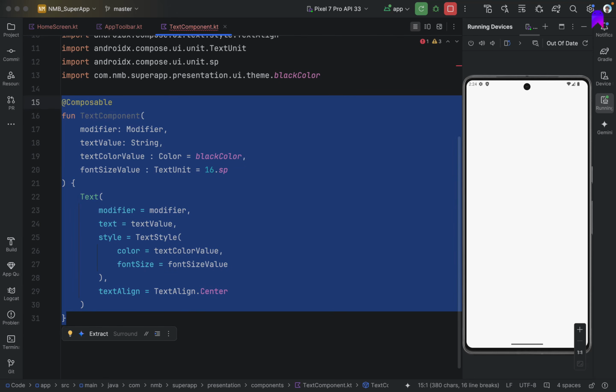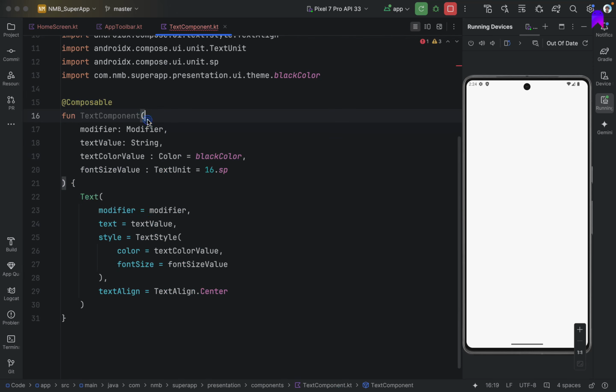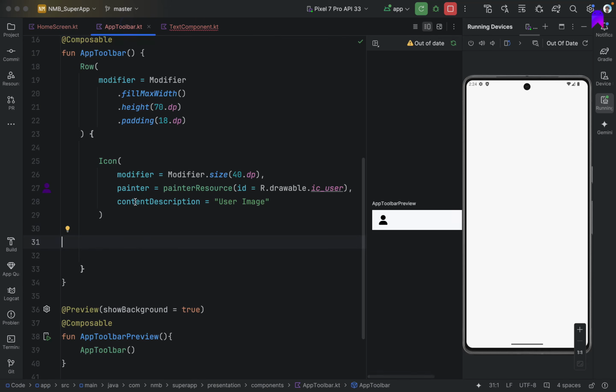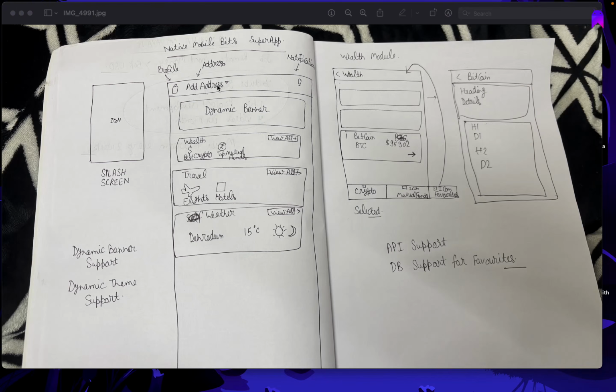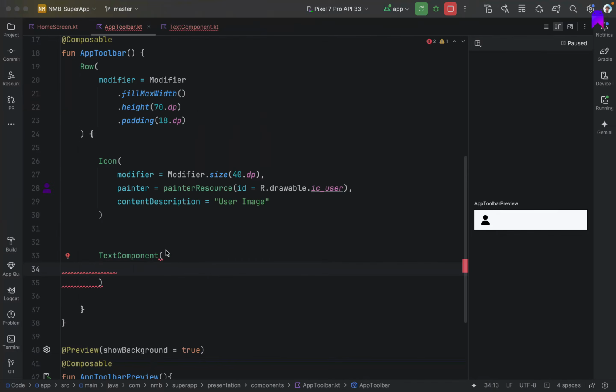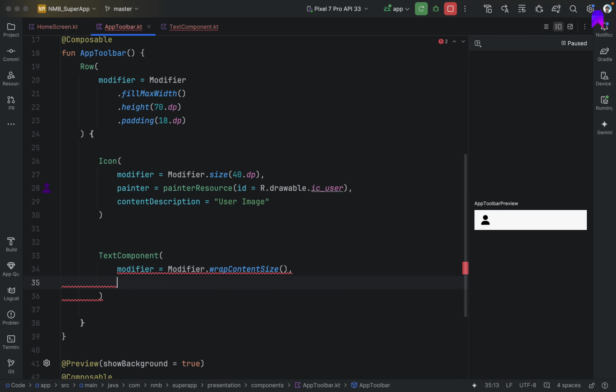We can utilize it anywhere inside our project, and later on we will also keep on enhancing this as we progress. So for now we can take this and come inside our app toolbar, and here we can add one text component. If we look at the screen, we need to pass add address. So we can come here inside our modifier. First of all, we can pass modifier dot wrap content size. Okay, and for text value we can pass add